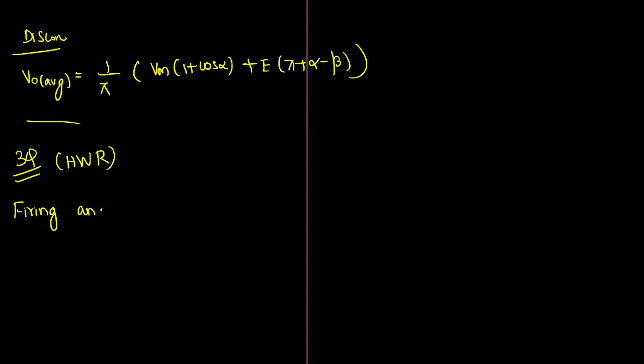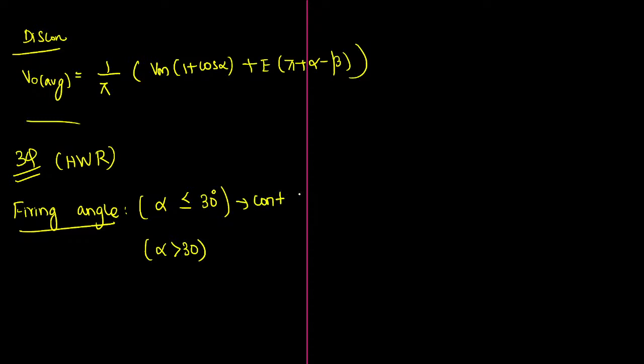Firing angle decides the type of questions that will be asked in the examination. First, sometimes they will define the value of alpha is less than or equal to 30 degree. Another one is alpha is greater than 30 degree firing angle. But if the alpha firing angle value is less than or equal to 30 degree, its corresponding conduction is